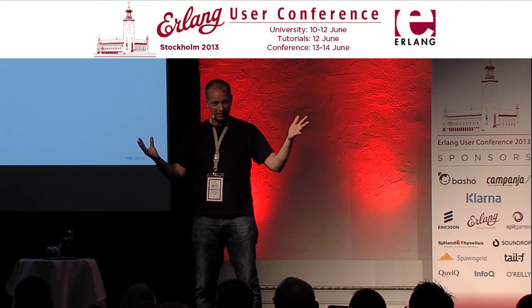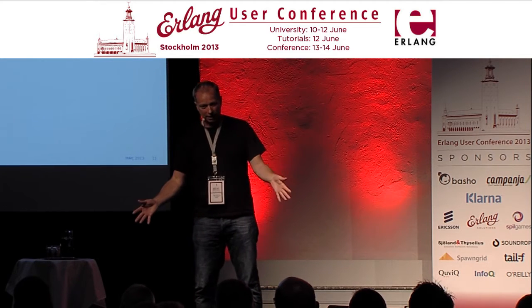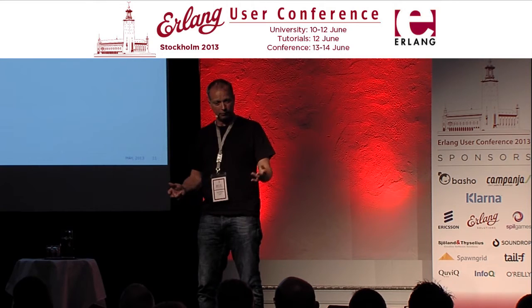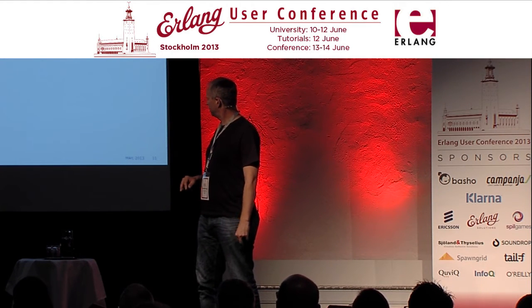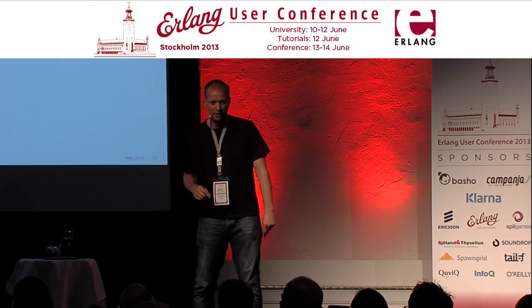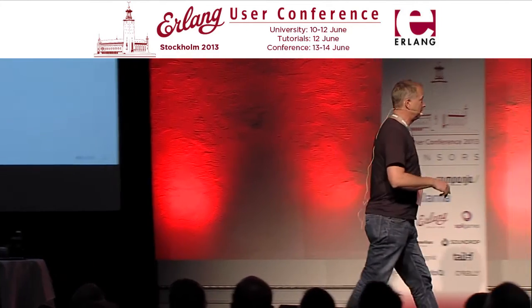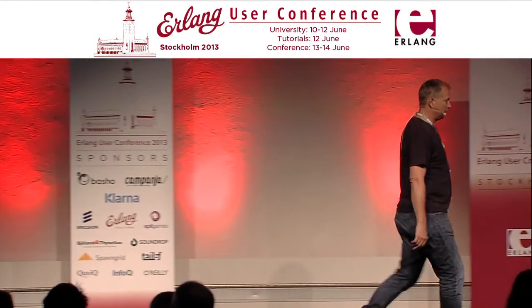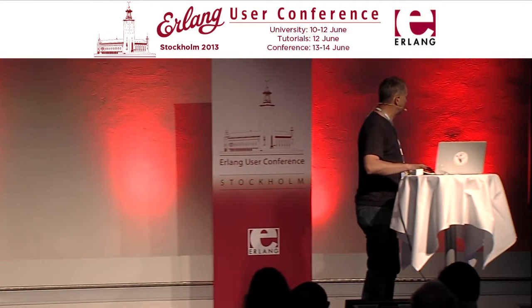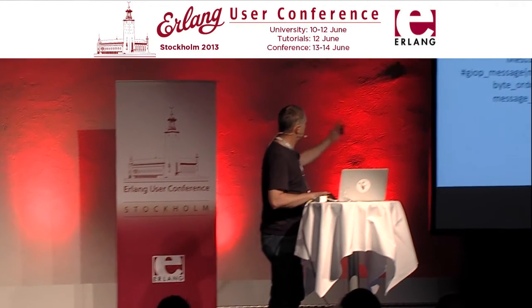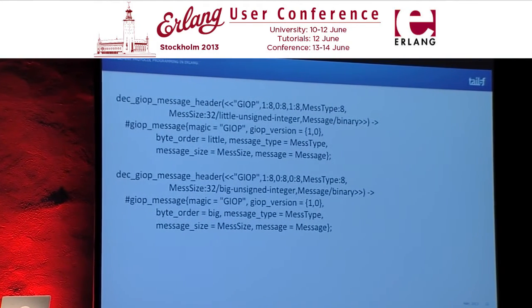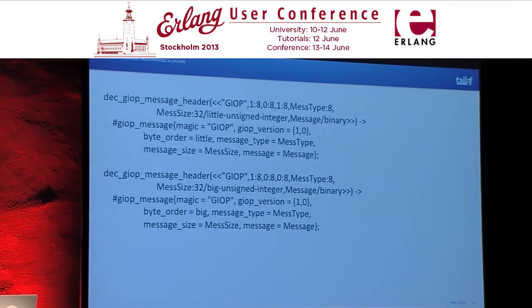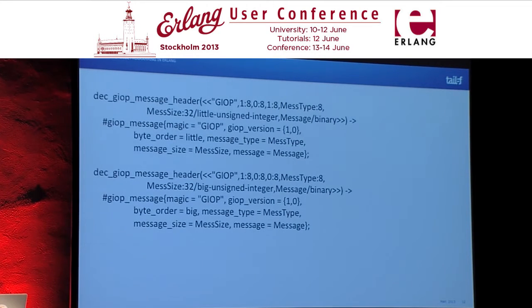It's a big beast, but if you look behind the lid, there is not a lot more there than the nicely, easily understandable Sun RPC. It's 29,000 lines of code. That contains the IDL compiler and everything. Typical bit syntax code, beautiful code to decode the packet header here. I love this type of code.